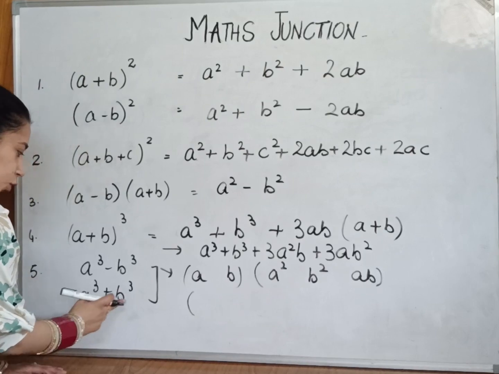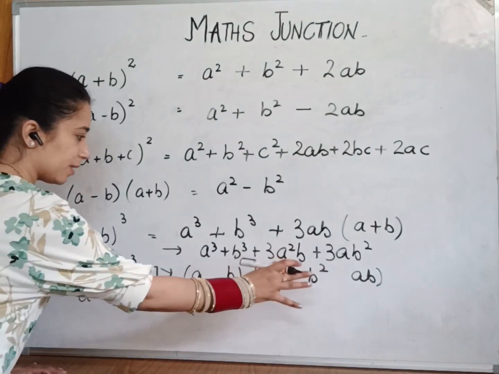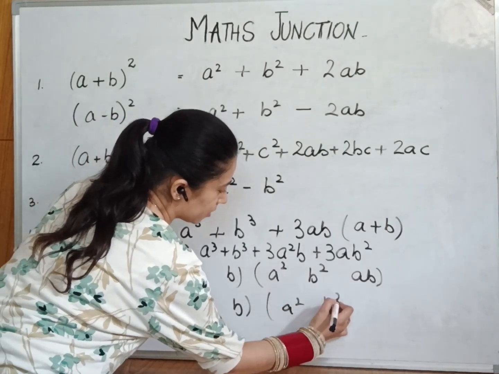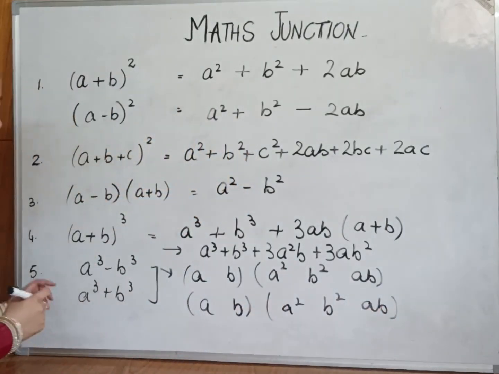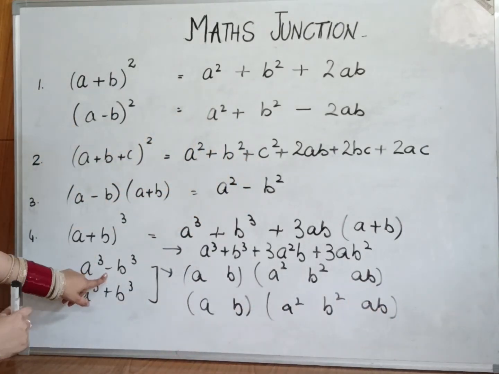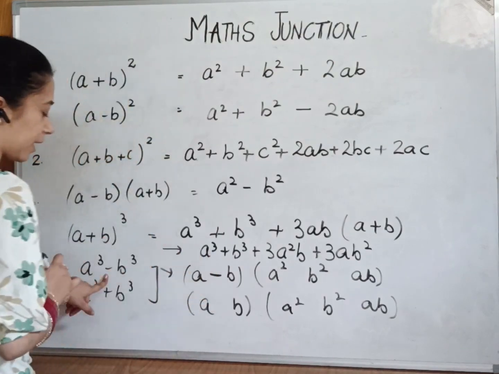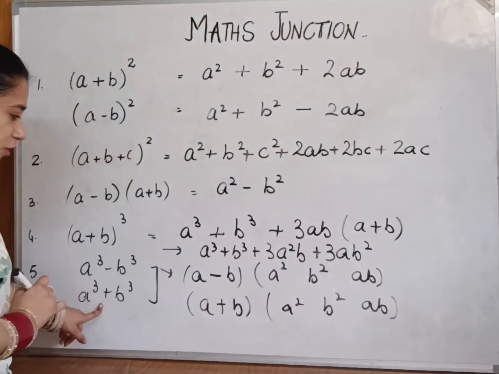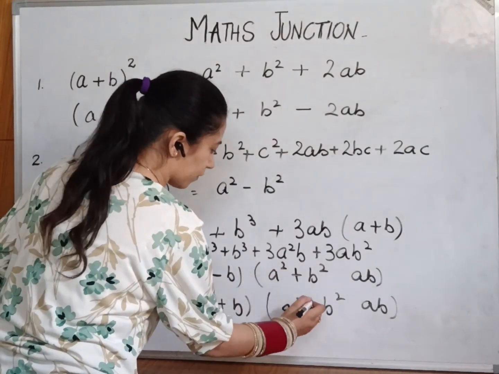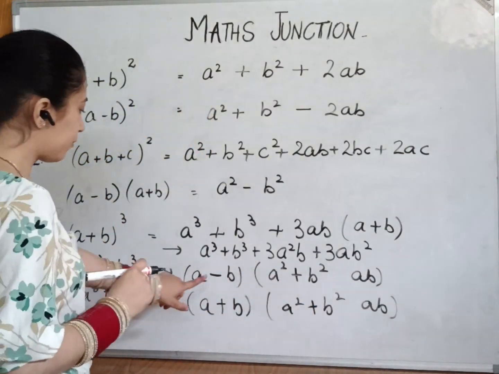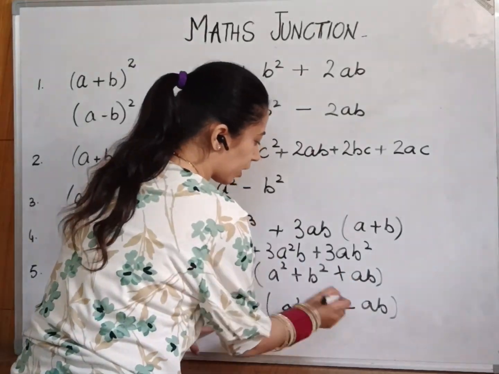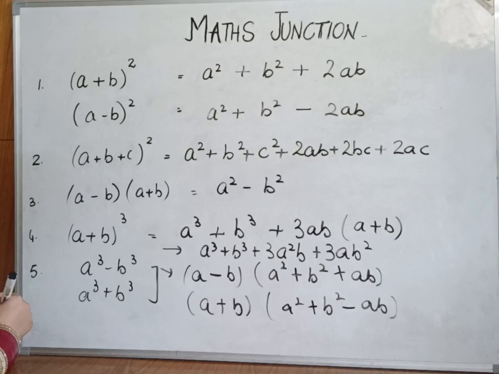Again in this one, cube and cube, the plus is there, but the elements and the positions are the same: a b, a square, b square and a b. The difference is just their sign. If they have a minus sign in between, then in the first bracket the minus is followed. If there is plus, then the plus is followed in the first bracket. a square and b square are always positive in every case. Now if minus is there, plus is followed here. If plus is here, the product is minus. So these are a few identities which are used in polynomials and the way to learn them.